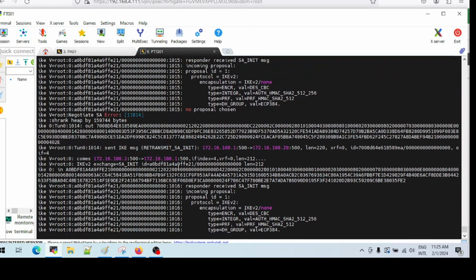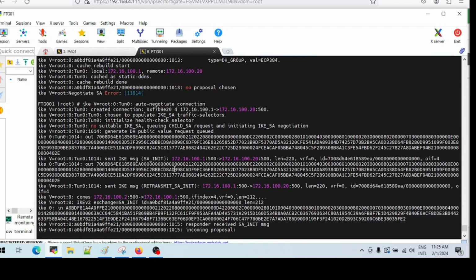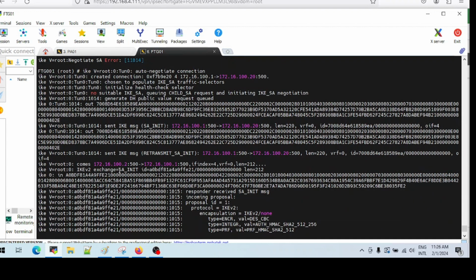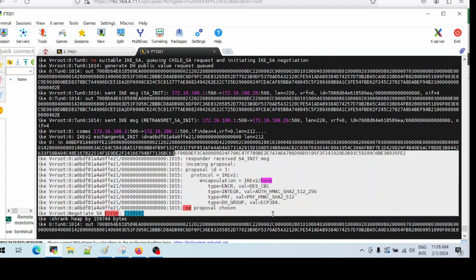So what's going on? We know that we're transmitting to 100.20, but we're not seeing any inbound traffic from 100.20. But hang on, if you look closer, you'll see that there's these entries here that say comes 172.168.100.2 into 100.1, and that is an exchange of the SA init, and we can actually see that packet being broken down.